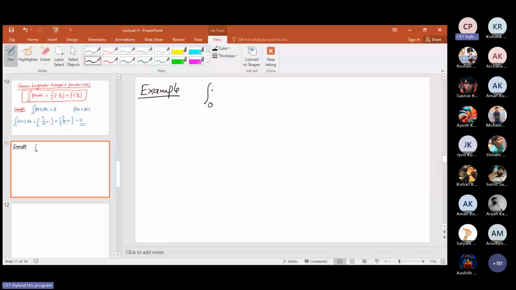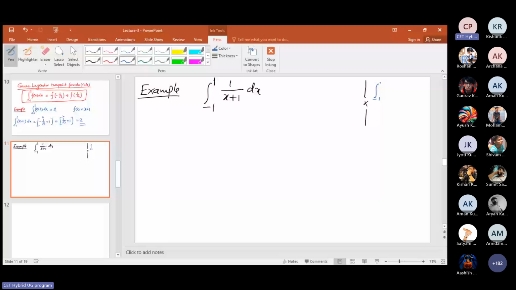let us integrate from -1 to 1, 1 upon x plus 1, dx. ठीक है, तो एक साइड में कैलकुलेशन कर लेते हैं, पहले देख लेते हैं कि क्या इसकी वैल्यू है. So -1 to 1